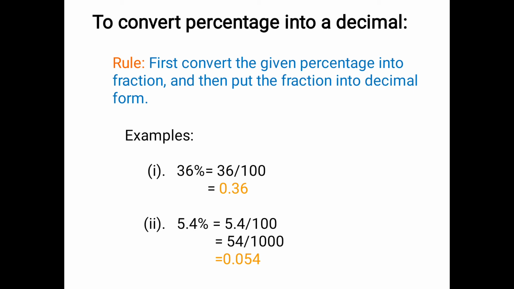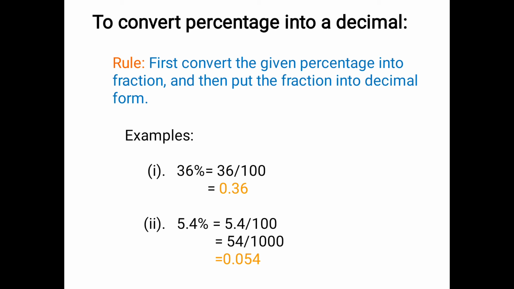Now we have to write it as a decimal. How can we write the decimal from the fraction? We know that here 2 zeros are there. So we have to write 36, and since there are 2 zeros, from the right hand side we have to put the dot after 2 digits. 6 is the 1st digit and 3 is the 2nd digit, so to the left of these 2 digits we put the dot. It's a decimal dot, and you add a 0, that is 0.36.